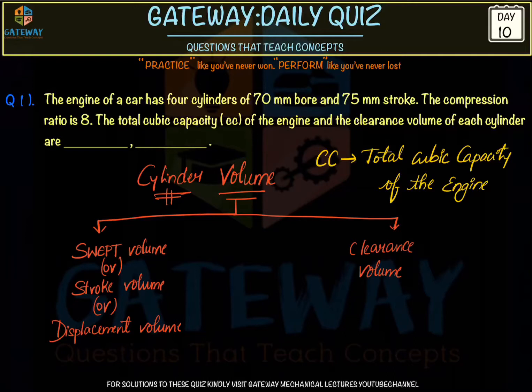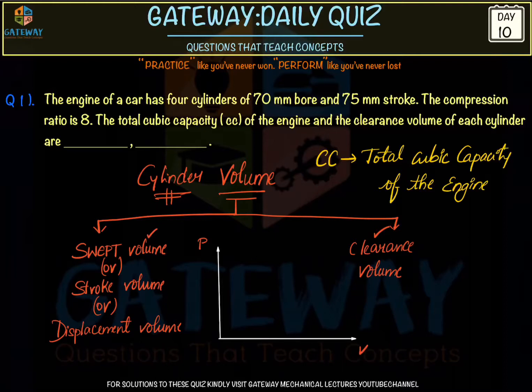If we talk about cylinder volume, there are two types. One is the swept volume and the other is the clearance volume. How will we see this as swept and clearance? Generally, in all the cycles in IC engines, we consider that the compression process is an isentropic process. Always the compression and expansion are isentropic. So for these engines, we assume that the compression and expansion processes are always isentropic.